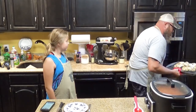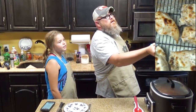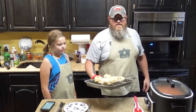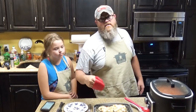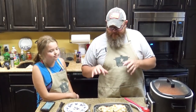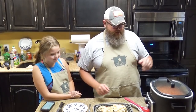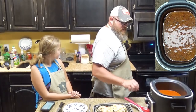Shut the oven off. Check that out. Look at all that bubbly cheese right there. It all browned up. And again, this isn't an absolutely necessary step if you don't want to, but if you wanna, you should, because that cheese is a little crispy on top, it's bubbly, it's golden brown, and then our sauce